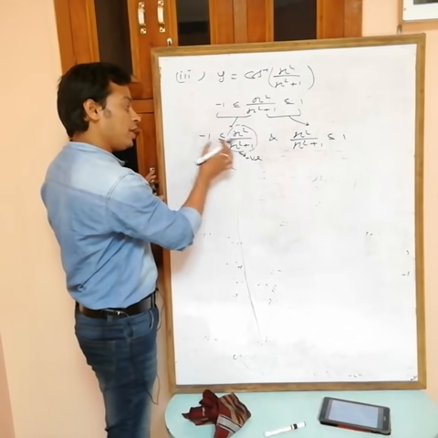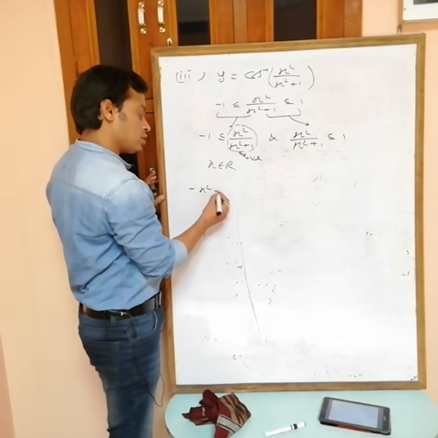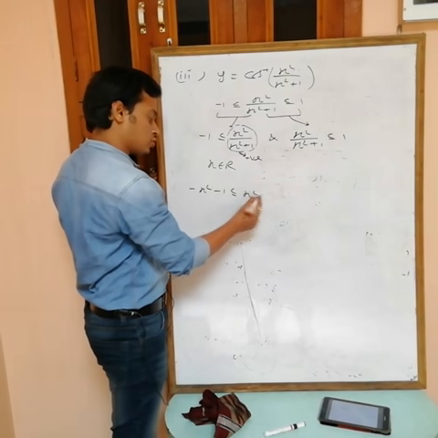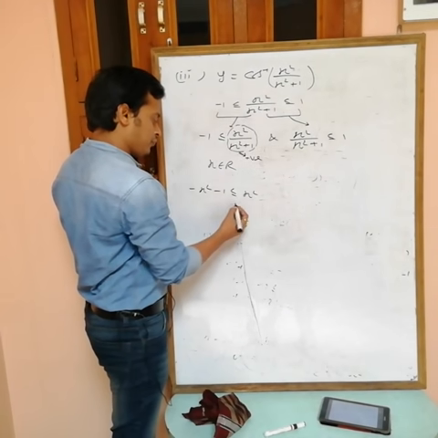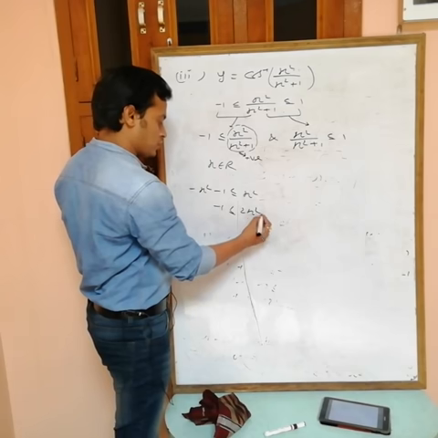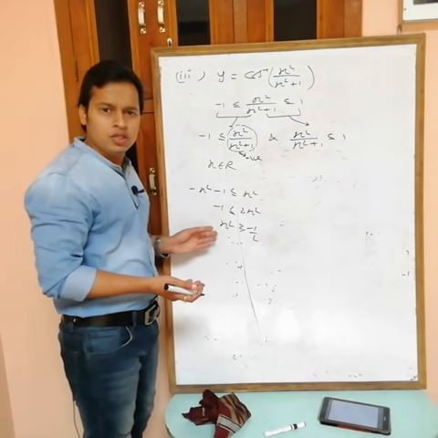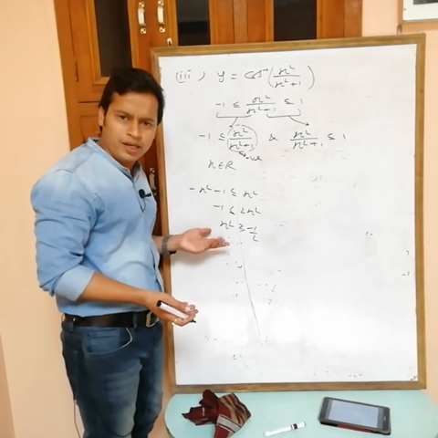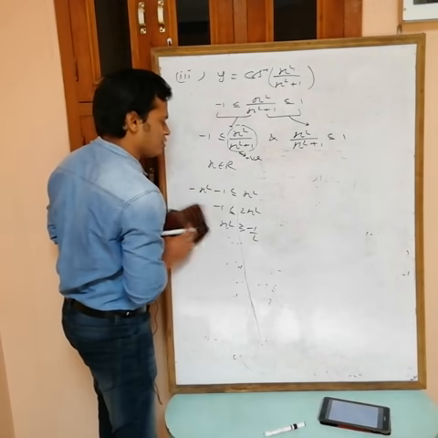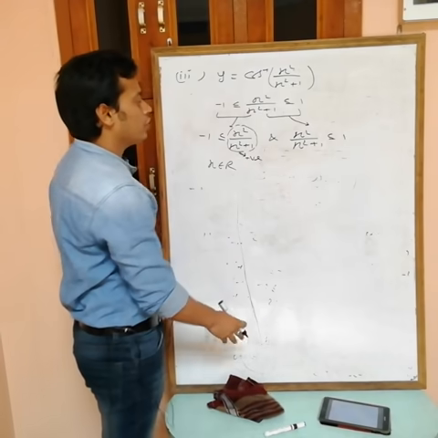See, I am multiplying x square plus 1 at this side, then minus x square minus 1 less than or equal to x square. Take this one at this side, what we are getting? Minus 1 and 2x square, then what we are getting? x square greater than or equal to minus 1 by 2. Obviously square is always greater than or equal to 0, so again x belongs to R, so there is no need to solve this one. Okay, now we have to solve this one.